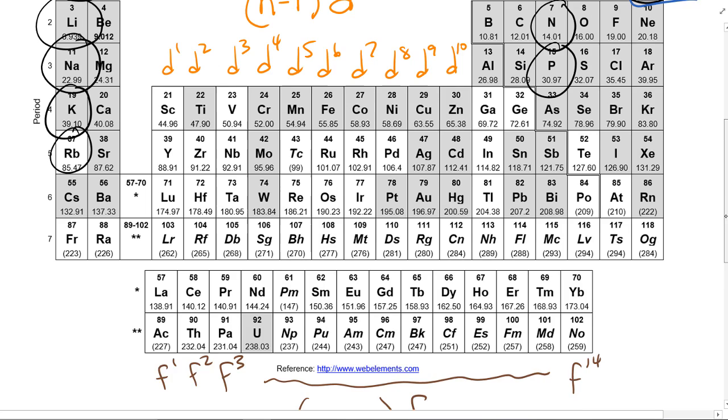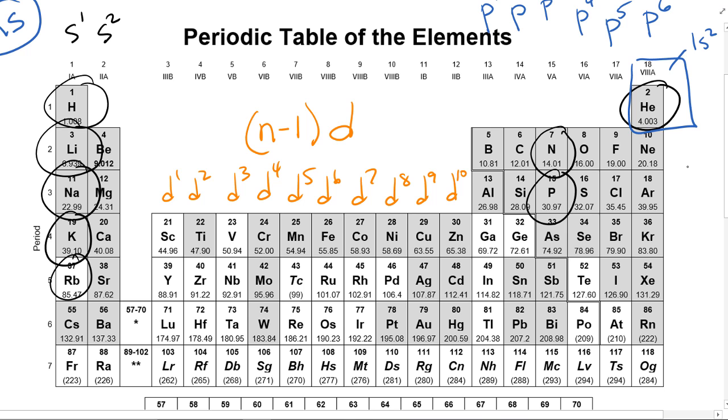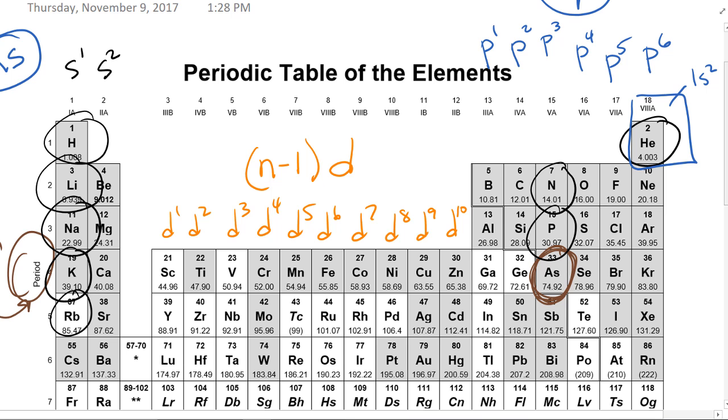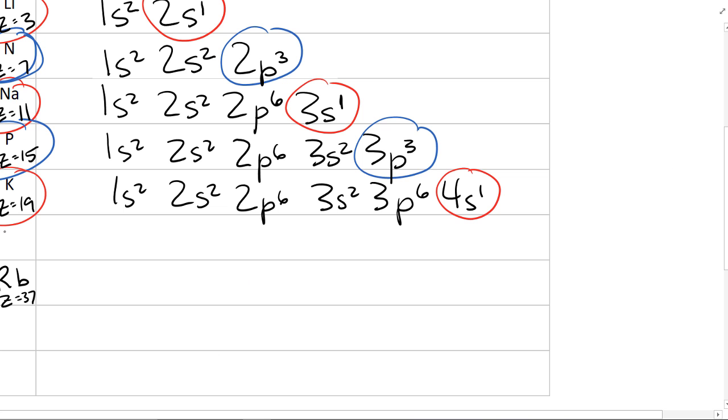So, if we wanted to now write the configuration, what does N mean? Well, we already talked about N meaning the principal quantum number, but the other thing that N means is the period. The period number and N are the same thing. So, if we wanted to write out the configuration for something like arsenic, arsenic would have a configuration that ends with P3. Specifically, it's going to end with 4P3 because this has an NP configuration. So arsenic would end with, and this is the last one we're going to do here, it's going to end with